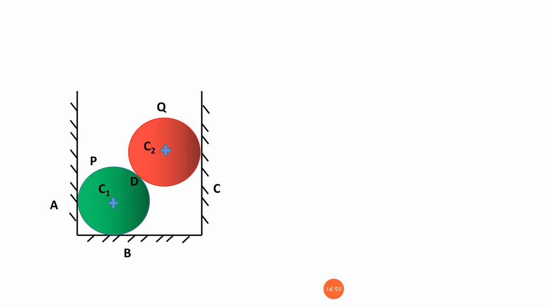Then I'm going to draw, for the first condition, the free body diagram when these two spheres are together. First I'm going to draw the ball, that is the sphere P, and then I have taken C. As we know, the self-weight is always acting in the downward direction. The first force I have taken in the downward direction. So then what will happen? I remove the wall A, right? I remove the wall B.